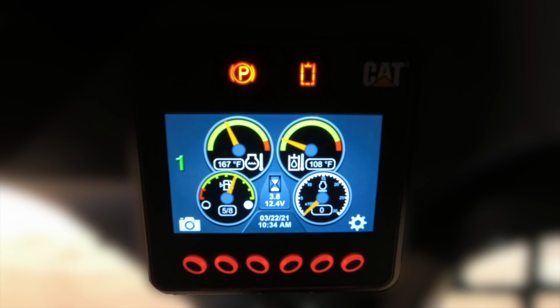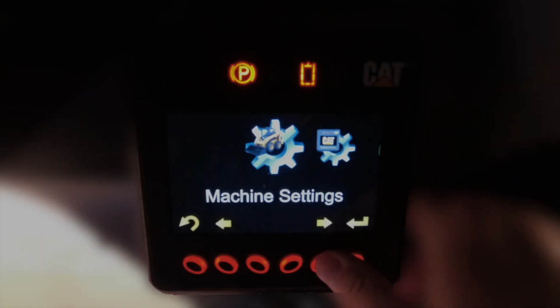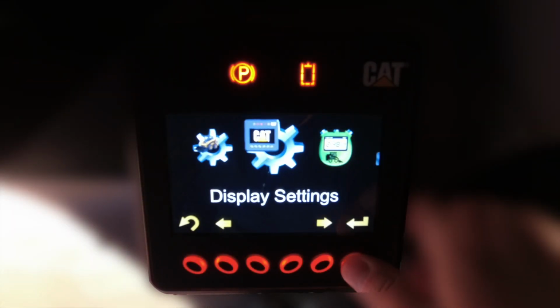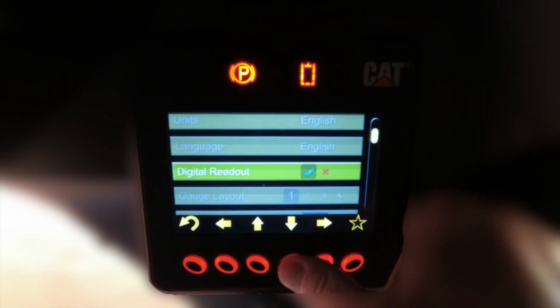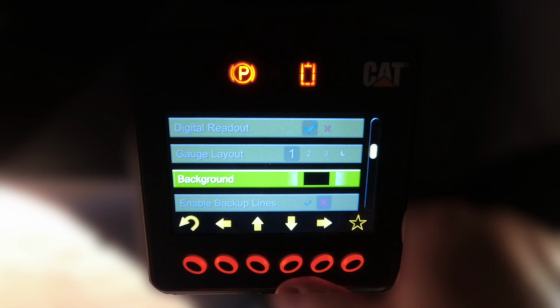The master code should be changed to a unique but memorable 4, 5, or 6-digit code that the operator desires. We'll show you how to do that in a few moments. First, we'll want to revisit the Display Settings menu. Here we'll be able to adjust many of the settings that we showed you previously to match the master code